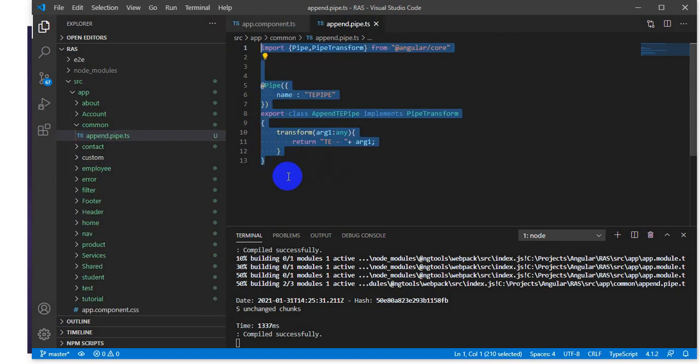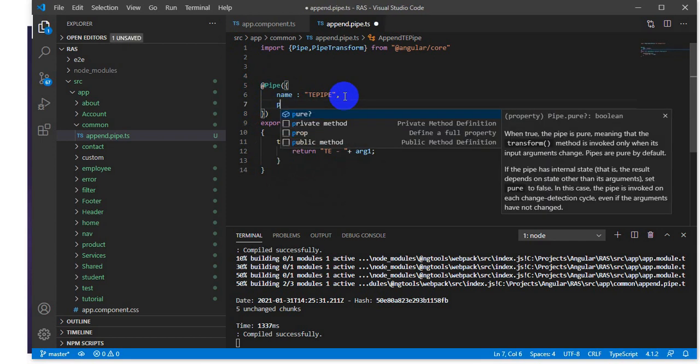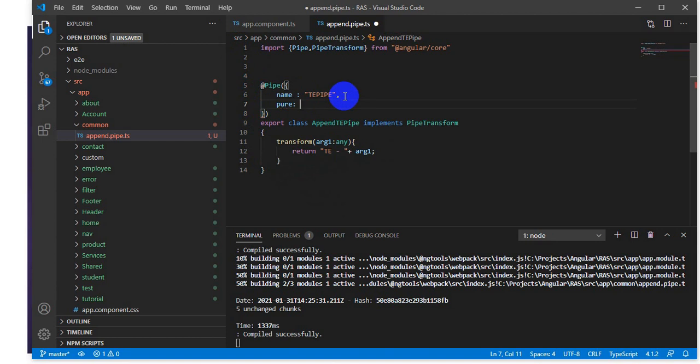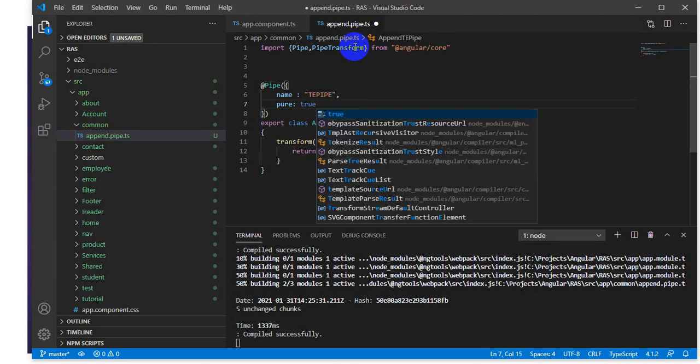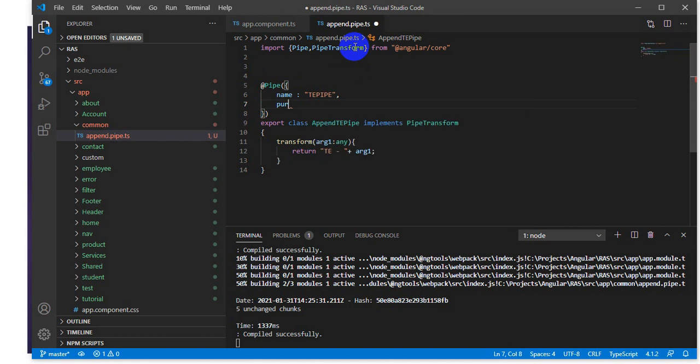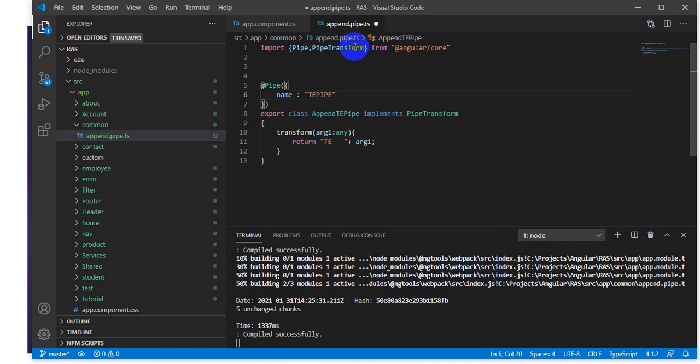How do we create a custom pipe in Angular? We create a class, and we provide the Pipe decorator. We just provided one property named name, but we have one more property which we can provide, the pure property. And we can pass either true or false value. If we don't write this property, then by default the compiler treats this property as true.